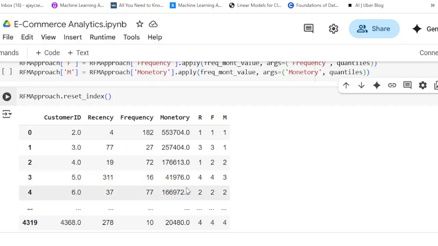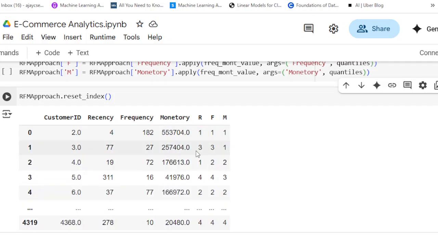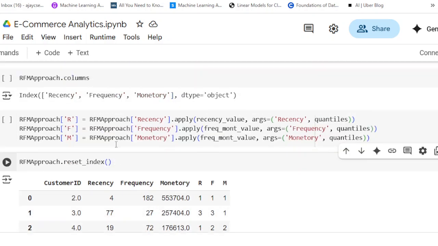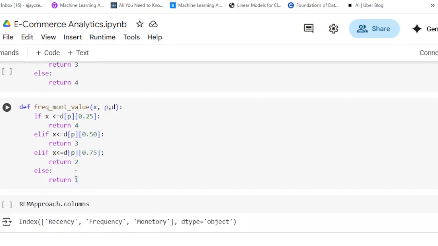So this is like a rank, indicating 111 is some kind of a rank. 331 is some kind of a rank. 3 rank in this, 3 rank in this, but 1 rank in monetary. And so here I am getting ranks for all these. So as you can see here, lower the value, better the rank. Here higher the value, better the rank. Rank is like a lower number indicates a higher value,